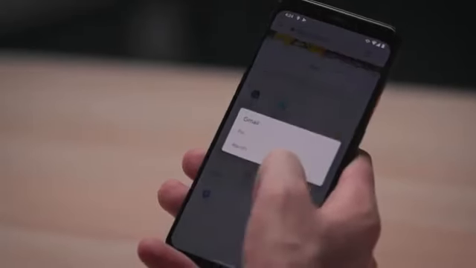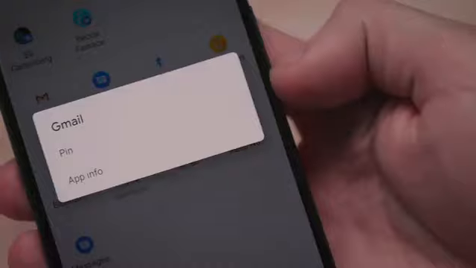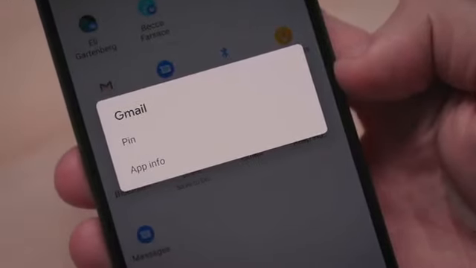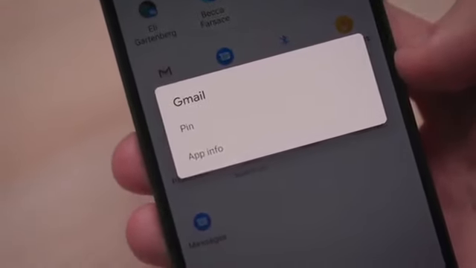Also returning, I should say, is the ability to pin apps to the top of the share sheet, which is something that people have been asking for a long time. So now when you're sharing something, instead of just showing you all the apps that you have installed on your phone that you can send it to, you can just pin the ones you actually want, like messages and email